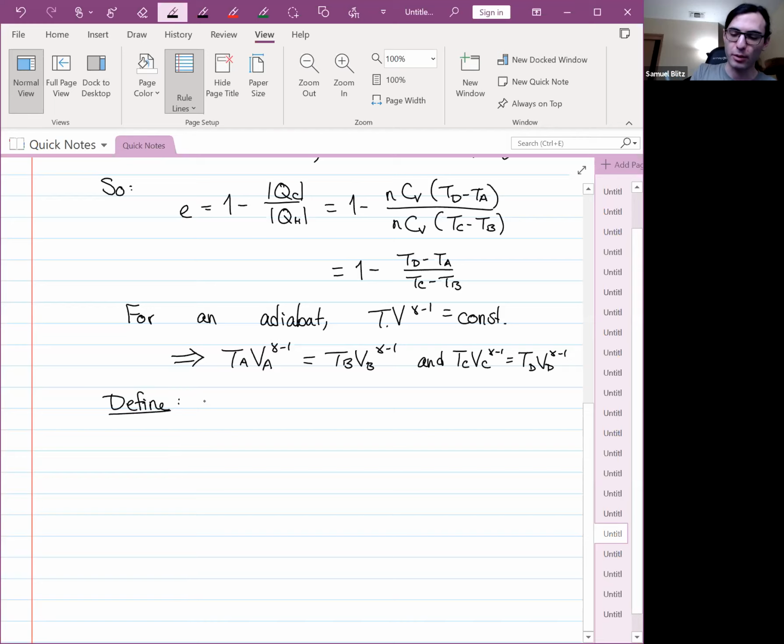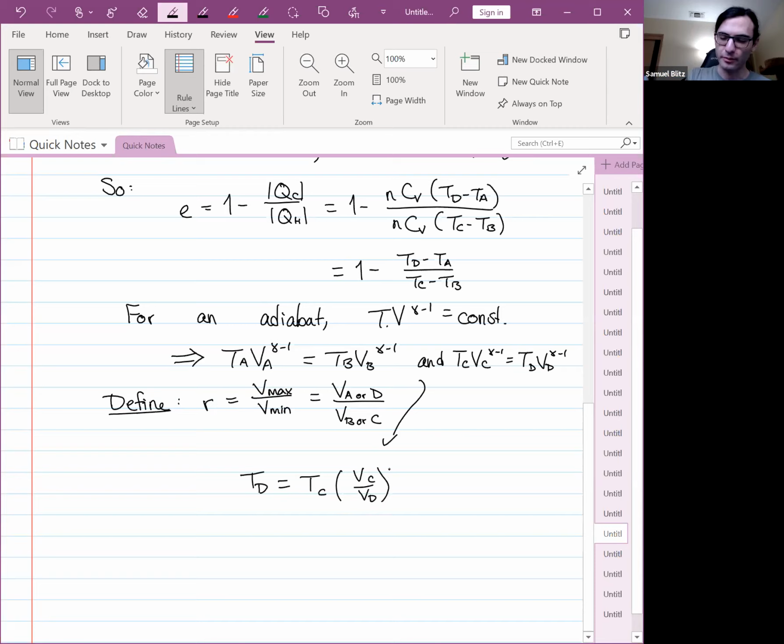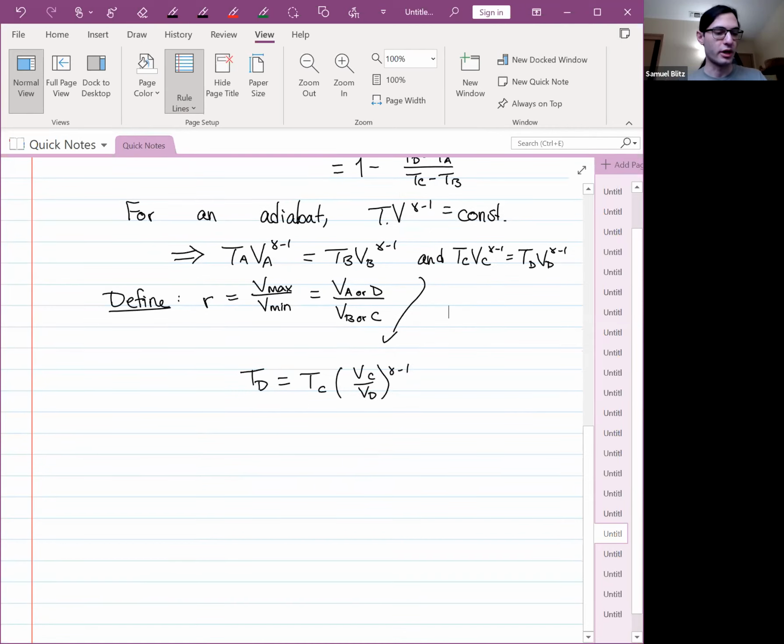We're going to define the compression ratio R, which is just the maximum volume divided by the minimum volume. This would be the volume at A or D, because they're at the same volume, divided by the volume at B or C. And so we can use the adiabatic relationship to find that TD is equal to TC times VC over VD to the gamma minus 1. That's just using this one. And then similarly, we can do the same thing for